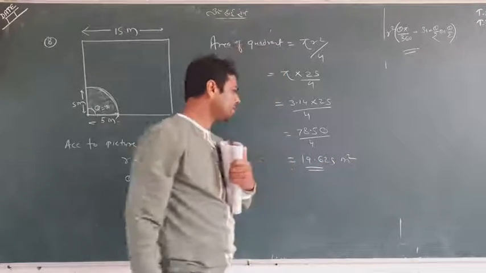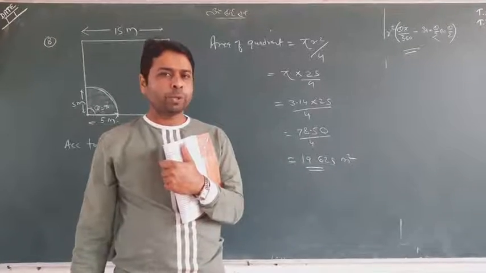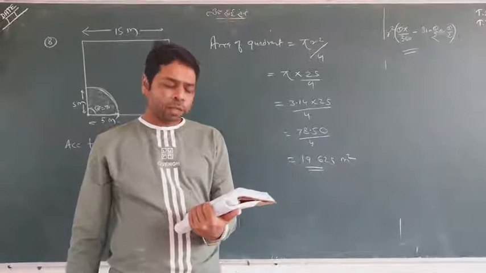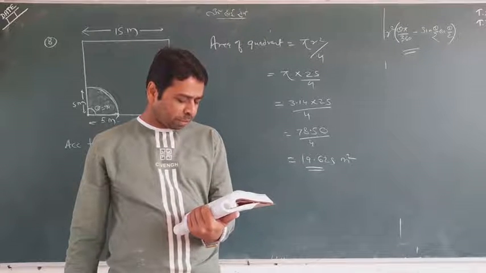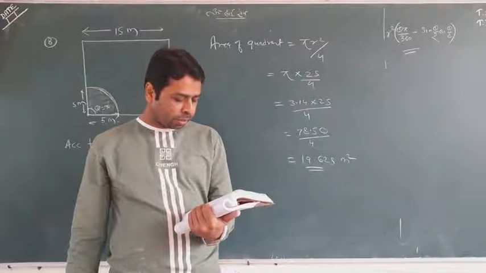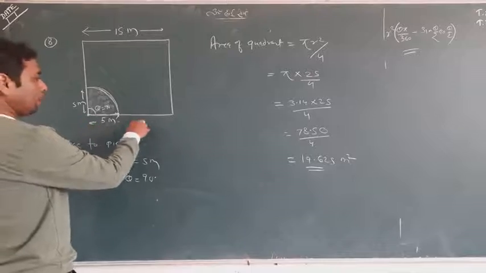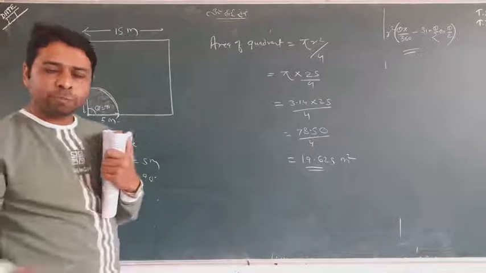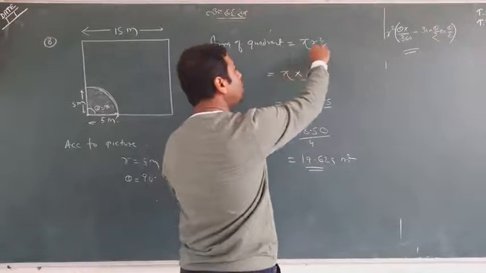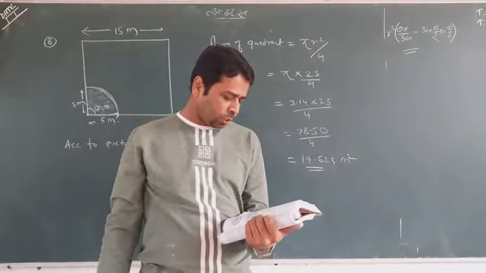I was so fast in working, it is possible the calculation may have a mistake. Okay, you can check by your own. Now this is a simple thing which I explained here. The second part of question 8 is none else but the increase in the grazing area if the rope was 10 meter long instead of 5. Meaning, if this 5 meter long rope is now increased to 10 meter, what is the area? You don't have to do anything special. You put r equal to 10, this time I put 5, and get your answer. So this was the question.